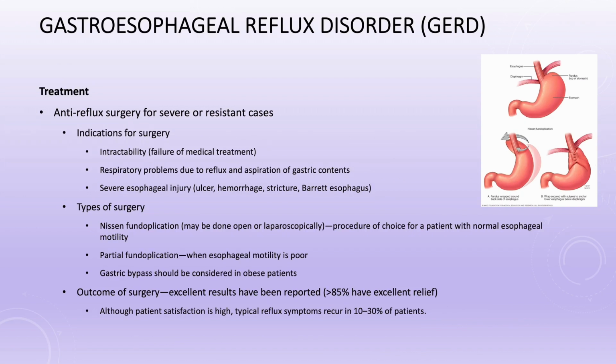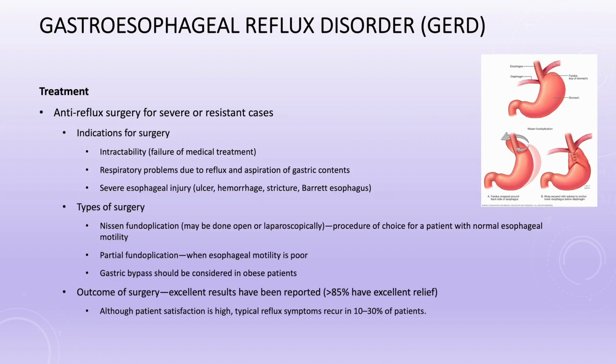For severe and resistant cases, the end game treatment, or what we can do as a means to try to fix the problem, is corrective surgery. The indications for surgery are what we just talked about: intractability, severe problems, and severe esophageal injury, so ulcers, strictures, Barrett's. And the type of surgery, similar to what we talked about in the esophageal lecture, is